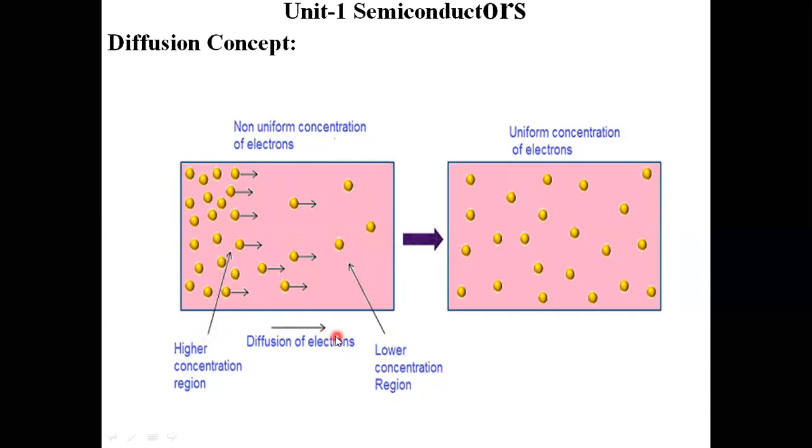By using this diffusion process, all the charge carriers get uniformly accommodated in this semiconductor material. We know the drift concept earlier. In the drift concept, we provide some voltage supply. In order to make the drift operation happen in a semiconductor material, we apply an artificial technique, that is applying some voltage supply by using a battery.